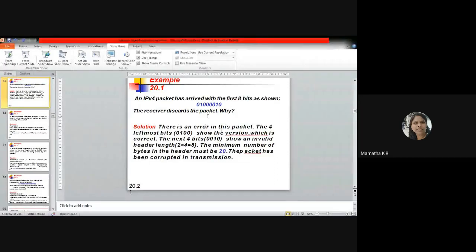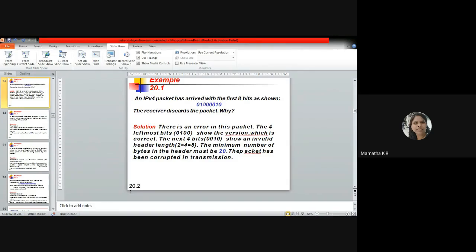The first 4 bits, as you know, indicate the version. So 0100 means it is 4. So it is an IPv4 packet, so it has to be accepted. But still it is discarded because the next 4 bits are 0010. So what is the value of 0010? It is only 2.